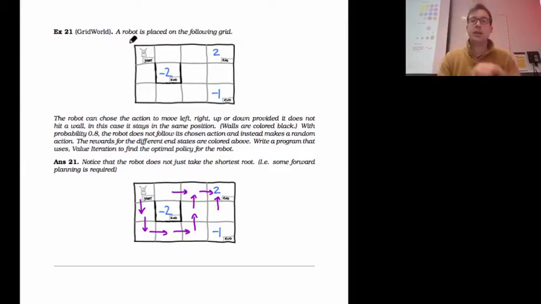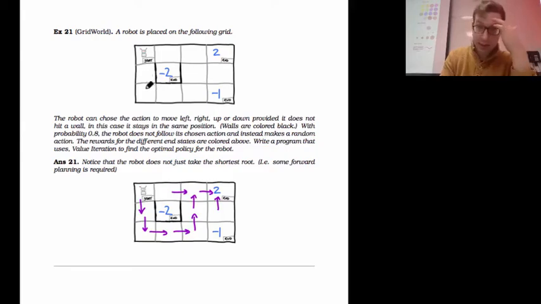Here I've got a little robot, and it can move left, right, up or down. With some probability, 0.8, the robot just chooses a random direction to move in amongst the available moves. So with 0.2 probability, he follows what I tell him to do. With 0.8, he goes wherever he wants, at random.